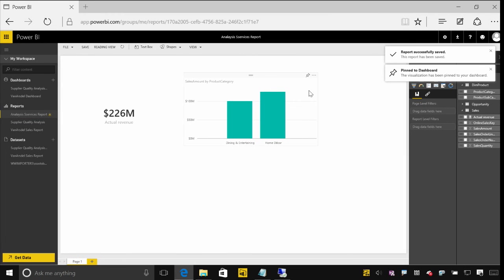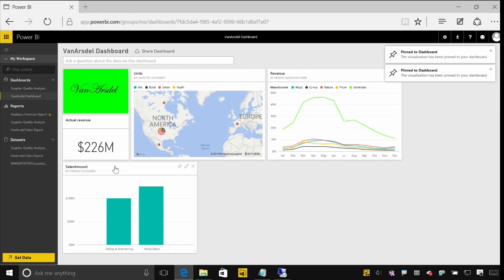Now, the great thing about pinning these to a dashboard is if you then share this with other folks around your organization, when they view this dashboard, they'll see just the data that they've got access to from within Analysis Services. The connector that you set up will pass those credentials through to Analysis Services and make a live query back there using their credentials, so they only see the data that they've got access to. So that's it, really simple. Download the Analysis Services connector, set it up the same as you would do the gateway, and then you can start using models that are published up into the Power BI service.